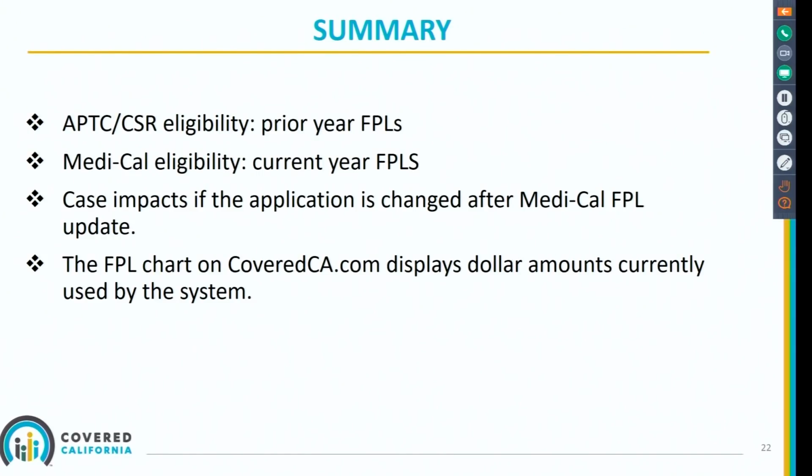So coming to the summary of what I wanted to present today, again, just driving home that APTC CSR eligibility uses prior year FPLs. Medi-Cal eligibility uses current year FPLs. There are case impacts if the application is changed after the spring Medi-Cal FPL update. And that the FPL chart that's hosted at coveredcalifornia.com displays the dollar amounts currently used by the system and is